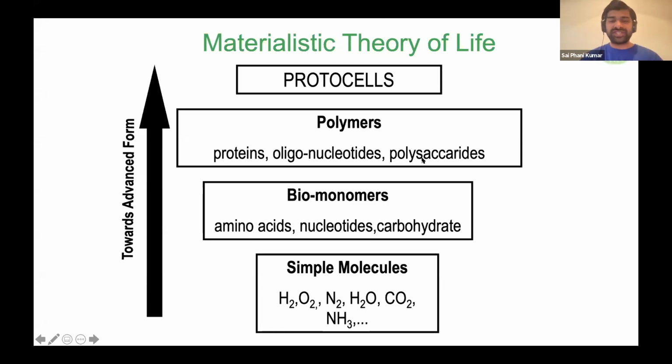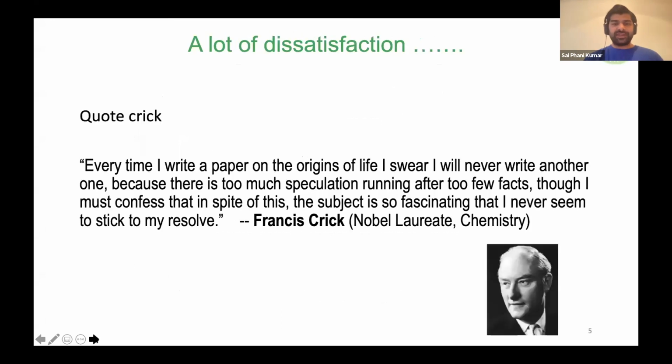At what conditions we can produce these materials, and how they could be combined to form a cell. This is a mystery. The third step to the fourth step is a very difficult step, which is very challenging for the experimentalists. And also, people who have tried in the past, like Nobel laureates like